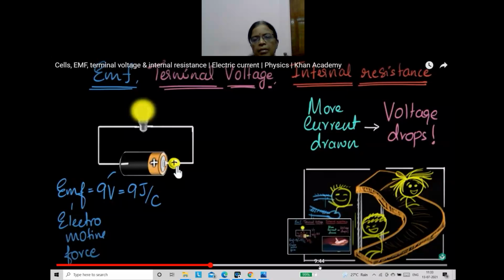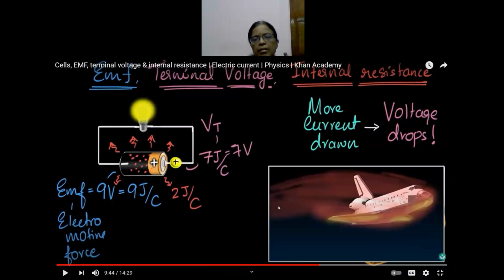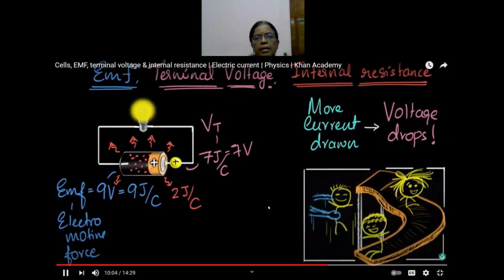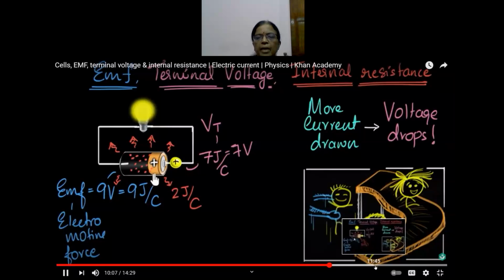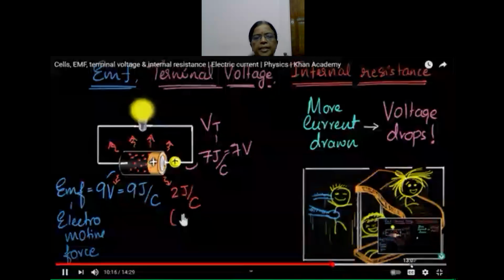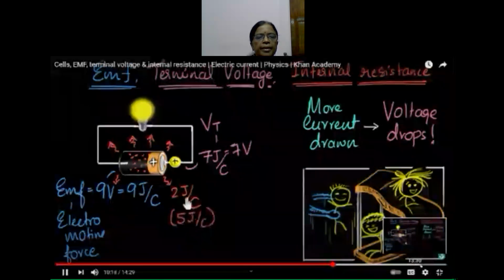One example I will show you. See the heating effect produced. When burning, because of the high speed, the heat generated is so high they almost start burning. But that doesn't happen for an airplane. Why? Because they're going very slowly. When you go faster through any medium, even the same air, the heat generated is more. The same idea is applicable here as well. As the charge moves faster through this battery, more heat gets generated. Maybe this time, not 2, maybe say 5 joules per coulomb is dissipated as heat.